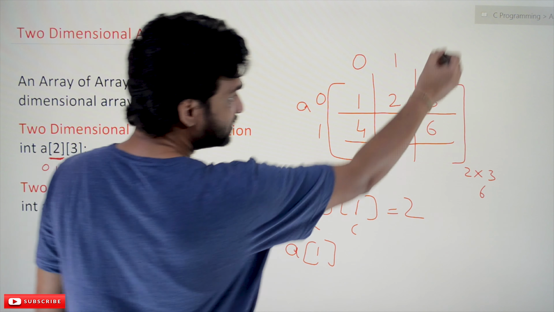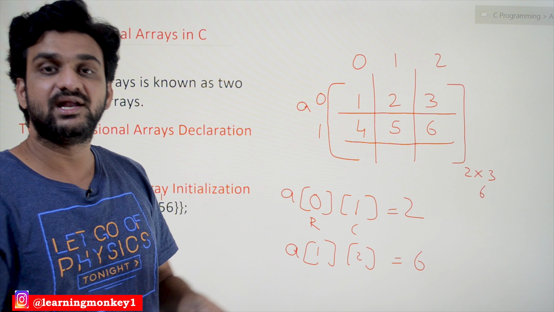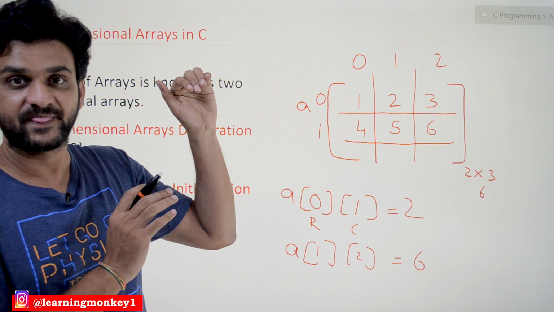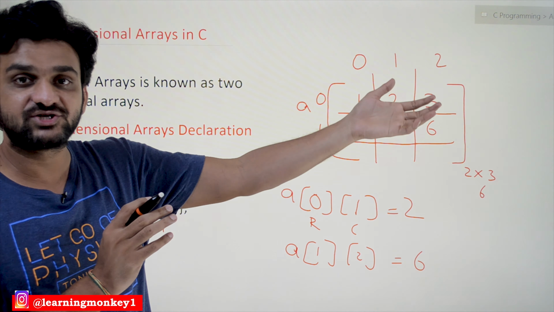But the very important point to understand is how the things will get stored in the memory. This point is very important. So do we have this kind of memory, two-dimensional memory, to store these values? No, we don't have the memory in that way. We only have a linear memory where the values will get stored one after the other, as we have covered those concepts in our previous videos.